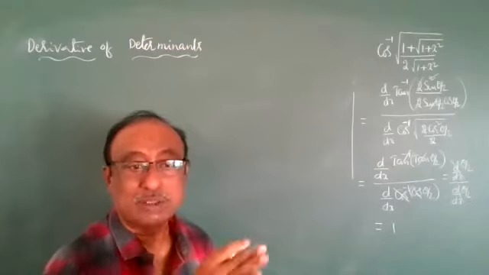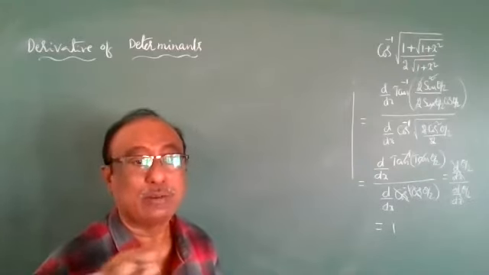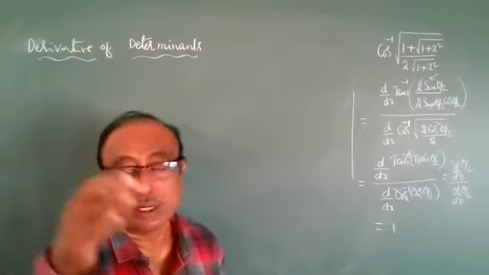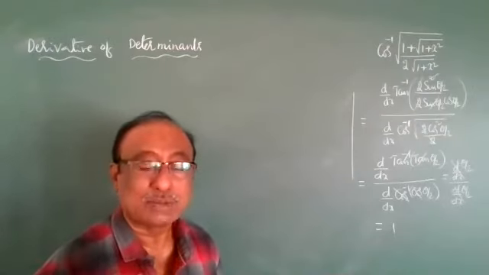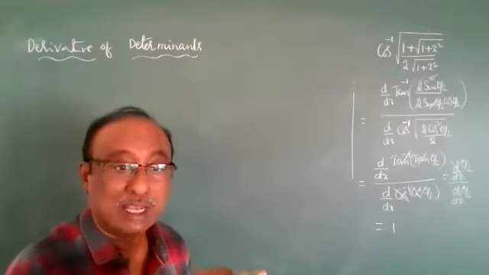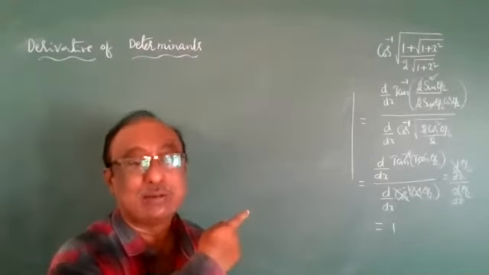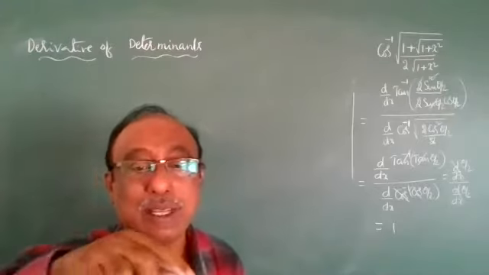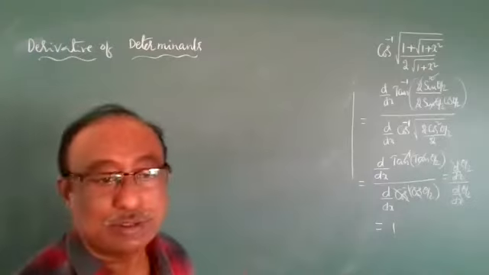Actually, we can apply the expansion of the determinant. We already know that the expansion of a determinant is done by taking the first element times the determinant of the remaining elements with its row and column deleted. After expansion, we can take the derivative, but it will take more time. We are going to identify the logic included, so that we can do the problem very simply and very easily.